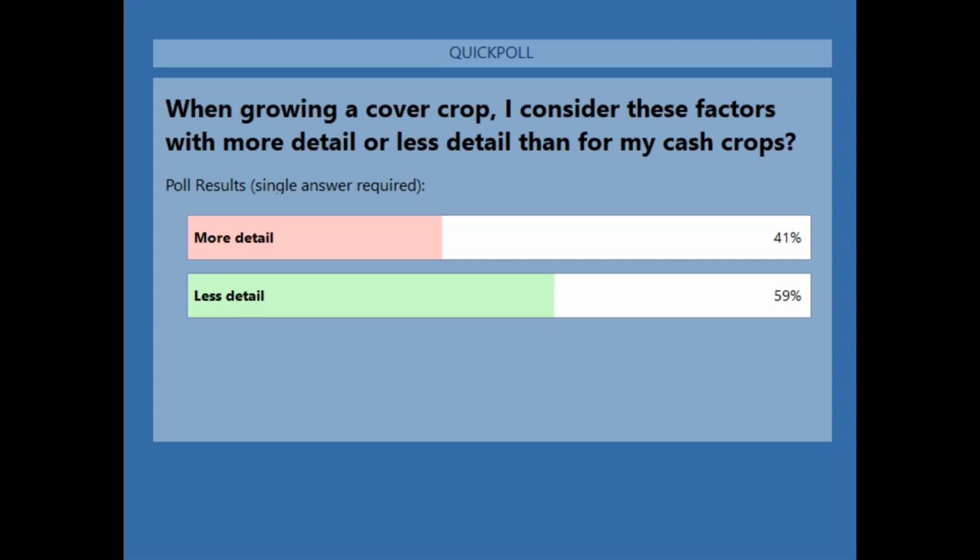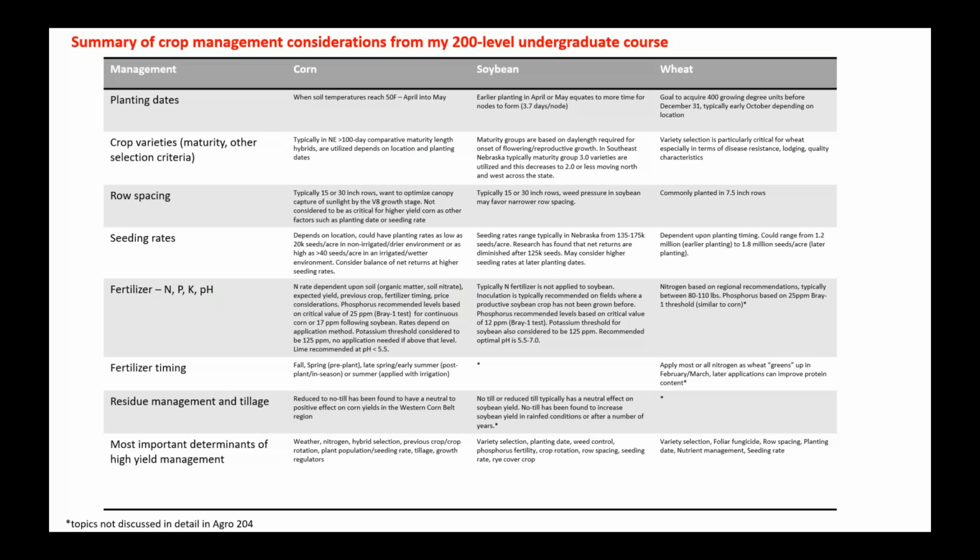Okay, so this is probably what I would expect, although about 40% say they think about these management considerations in more detail for their cover crop. 60% said less. So that's good. And the reason I ask that is because